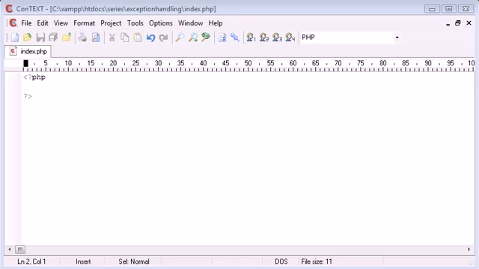Now, the next part of exception handling we're going to talk about is try, throw, and catch. What we do with try, throw, and catch is we need to try a block of code. Within this code, if we come across an error, we throw an exception, as we've already looked at. But then we catch the exception and we can display the custom error message